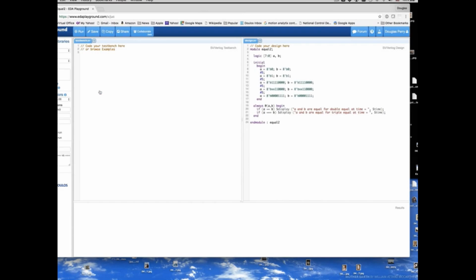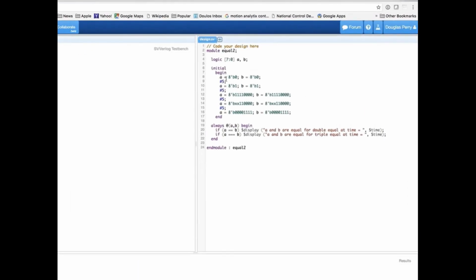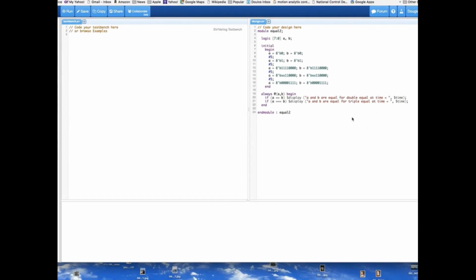Okay, so here I've got A is 0, B is 0, A is 1, B is 1, and over time. The one to look at is this one right here, where even though they're exactly the same, we got XX, 1, 1, zeros here, and the same over here. Down at the bottom, I've got an always block that's sensitive to A and B, and I use if A equals B, and then if A triple equals B. And you'll see the difference. So if I run this,